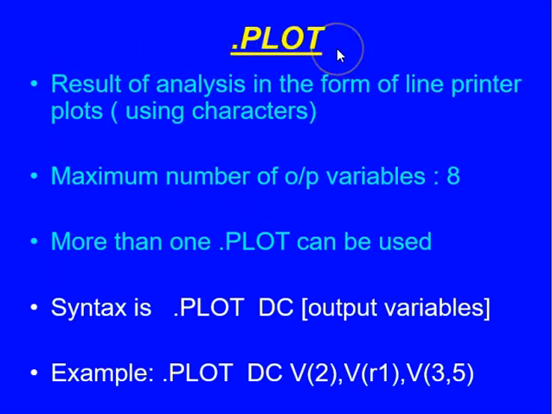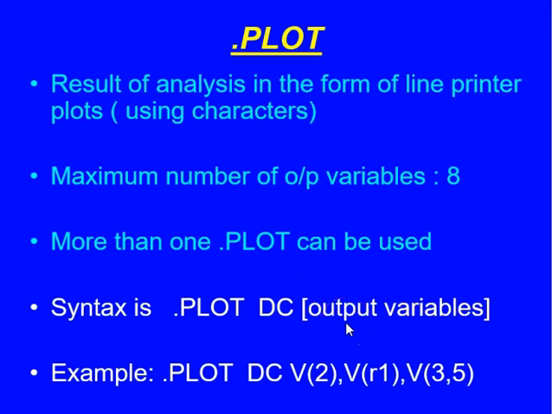The .plot command will plot the output. The .plot command shows the result of analysis in the form of line printer plots, that is, using characters. It will plot the result using characters. The maximum number of output variables is 8. Only 8 variables we can plot. More than one .plot command can be used in a single program. The syntax is .plot DC, followed by square brackets,